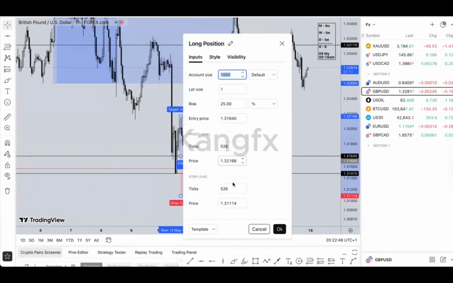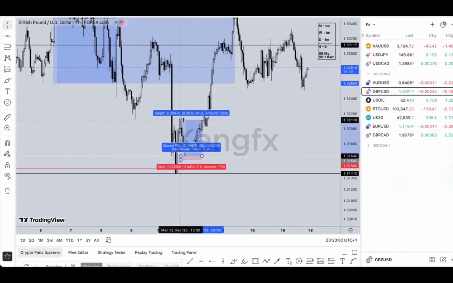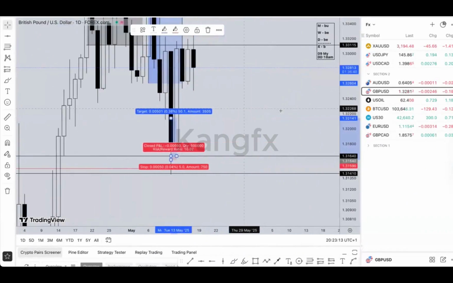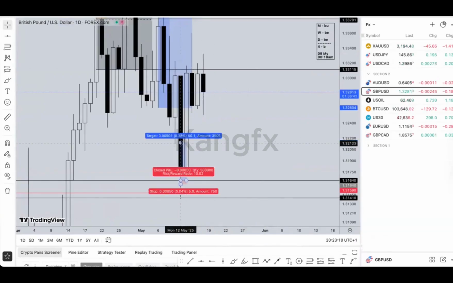So I was using only resistance or support, that means this one. Entering here doesn't mean I'm going to take my TP out from this high here. It's 1:10. Here is good. 1:10 is good, but that's not how I trade it. I'll go back to daily since I'm getting this on daily. I'll now check where my trade is coming from. Where is the closest key level there? We have this one, 1:27. We also have a resistance here, which is going to be 1:16. But I stick to this